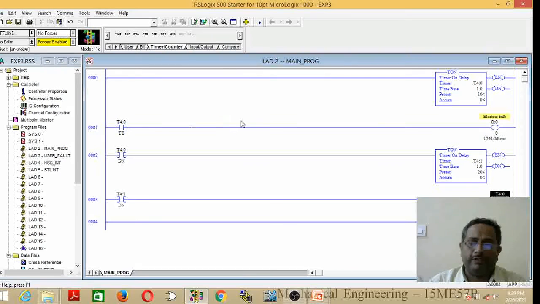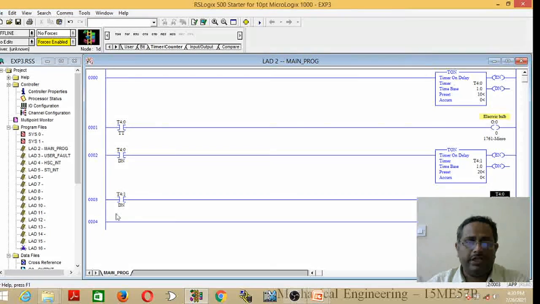I will explain once again how it will work. When I switch on downloading of this program into the PLC, automatically the PLC switches on an electric bulb until the accumulated time reaches the preset value, that is 10 seconds. Once after it reaches 10 seconds, the bulb will be switched off automatically for the next 20 seconds. Once this accumulated time reaches 20 seconds, timer 1, that is the first timer, is reset to 0, and it again starts the process. This process will continue until we switch off the PLC or download another program into the PLC.